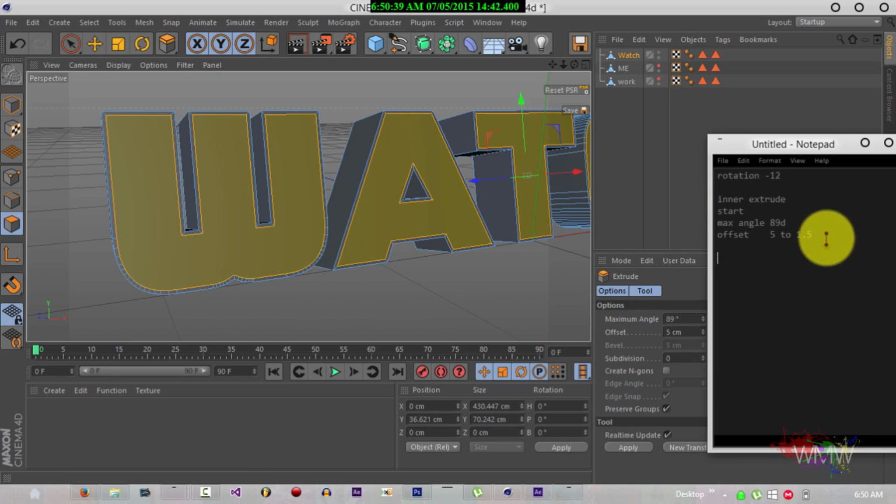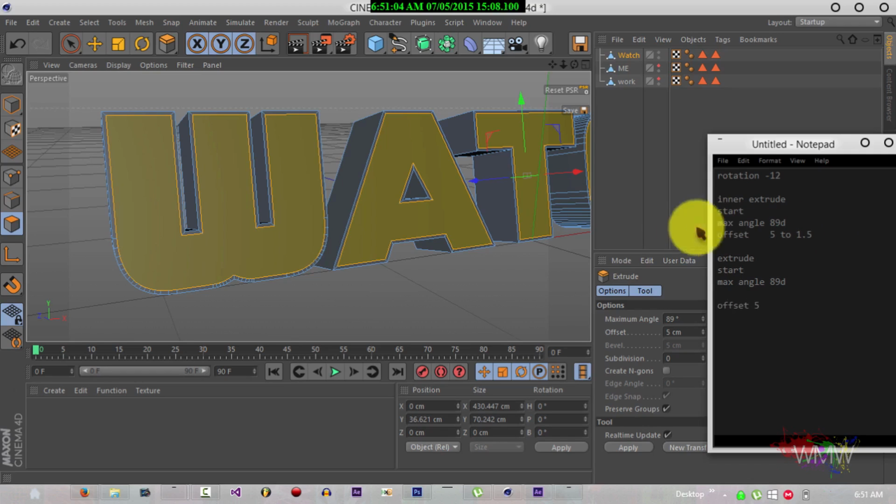And then right here, we will do just extrude. Start, we're at 89 degrees, at our max angle. And then our offset